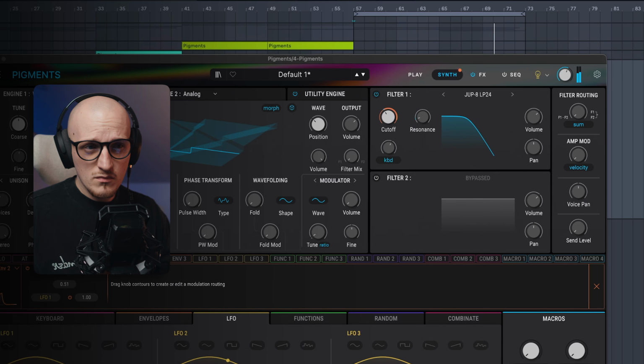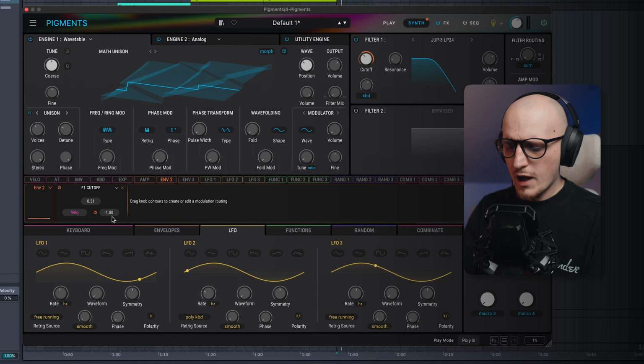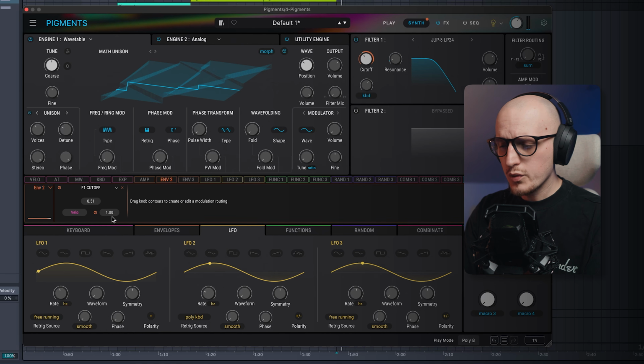Instead of using LFOs for that, which can obviously be cool, I like to use the velocity function. So now whenever I press this chord a little bit lighter, it only does a tiny modulation, but if I press it a little bit harder,